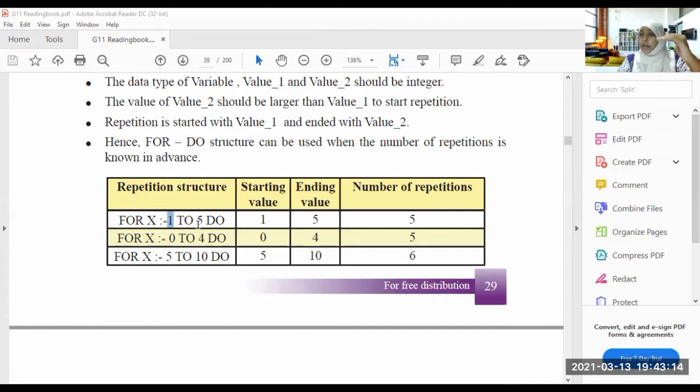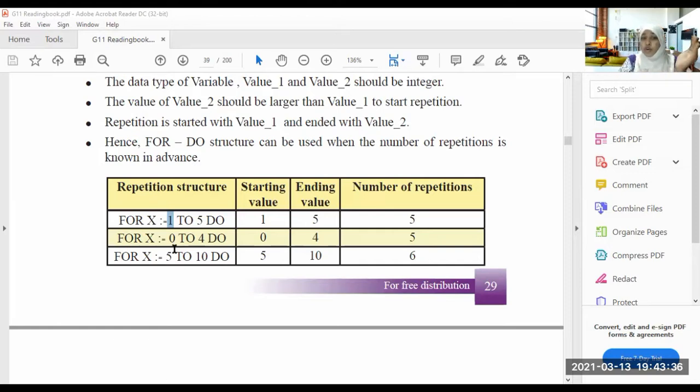So how many numbers will be repeated here? 5 numbers, from 1, 2, 3, 4, 5. It starts from 1 and ends at 5. That means there will be 5 repetitions. Here, 0 to 4 do.